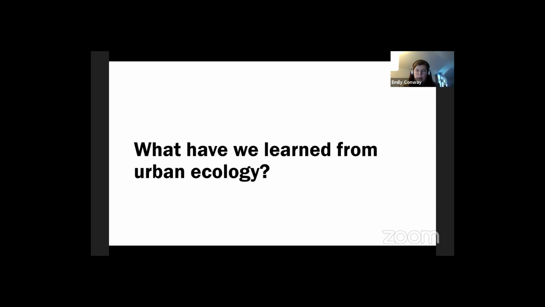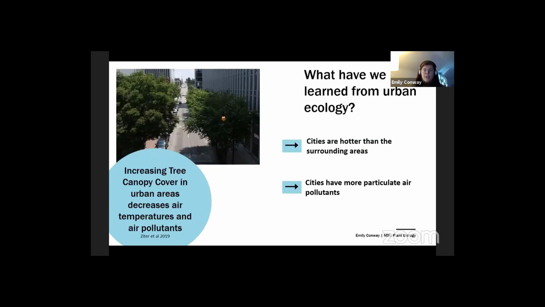So now that we know what urban ecology is, let's talk about what we've learned from urban ecology. What have we learned by studying cities? What we've learned is that cities are a lot hotter than their surrounding areas. And you might have heard this referred to as the urban heat island effect, where cities are sort of like a hot bubble. And as we move farther from cities, it gets cooler. And the reason that cities are so much hotter is because there are so many more buildings and pavement, a lot of these dark surfaces that are impervious, and they absorb a lot of that heat as opposed to reflecting